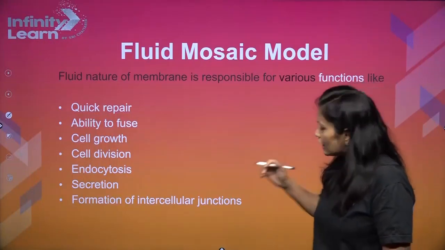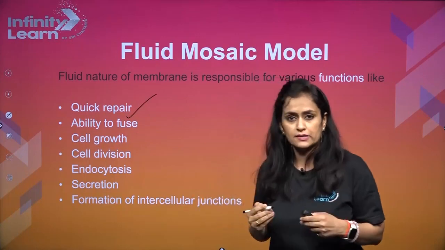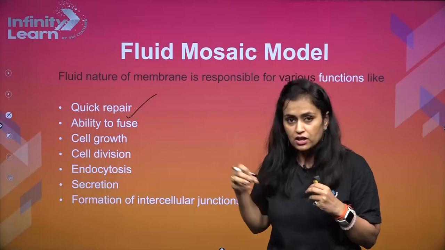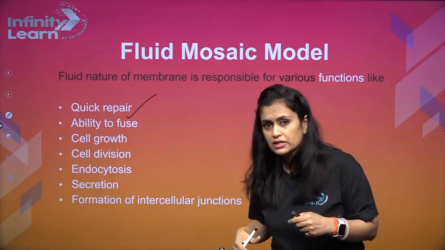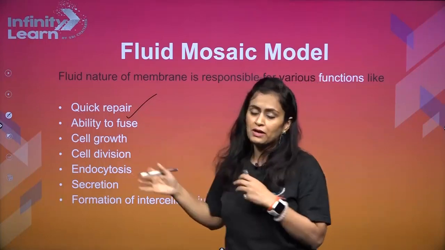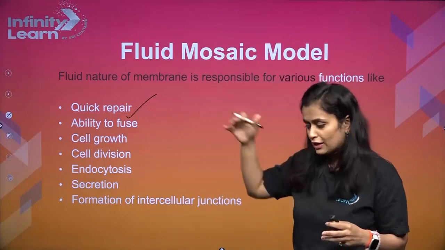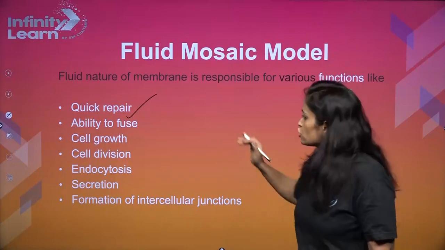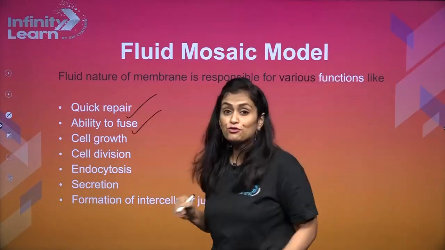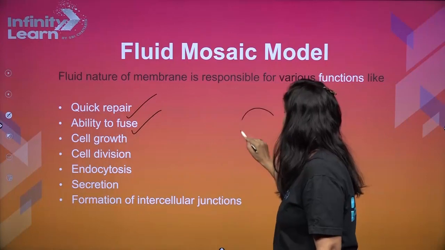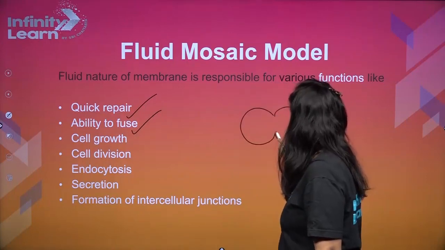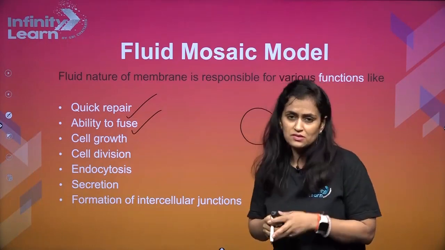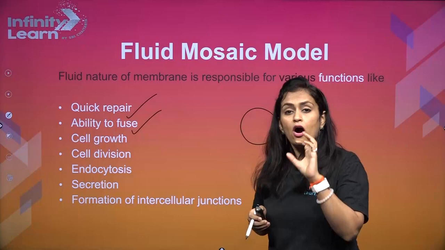Right? So it helps in quick repairs, right? Because if molecules are rigid, it would be very difficult for another molecule to come and fit in. But because it is fluid, now gaps can be filled up easily, right? There won't be pores for a longer time in the cell membrane, and we can heal. So quicker repair. Ability to fuse. One cell can definitely be fused with another cell. This can be done naturally sometimes. Some cells naturally do that, or